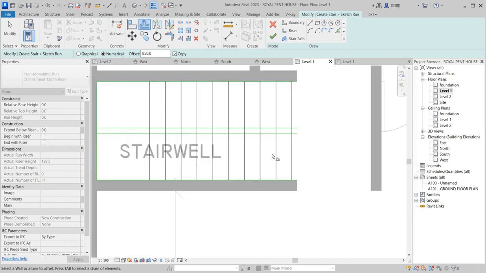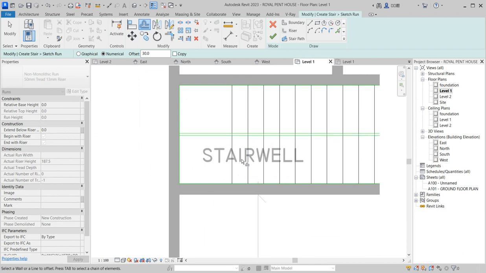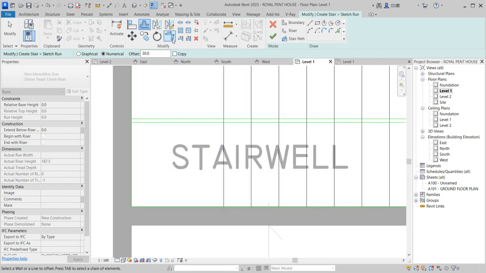If you look at it and it's too wide or something like that, you can change this one. You now say offset at 25 or 30. Offset at 30 without copy. So you move this and you move it in. Good. As you have done with this one, and you got the boundary right, what you need now